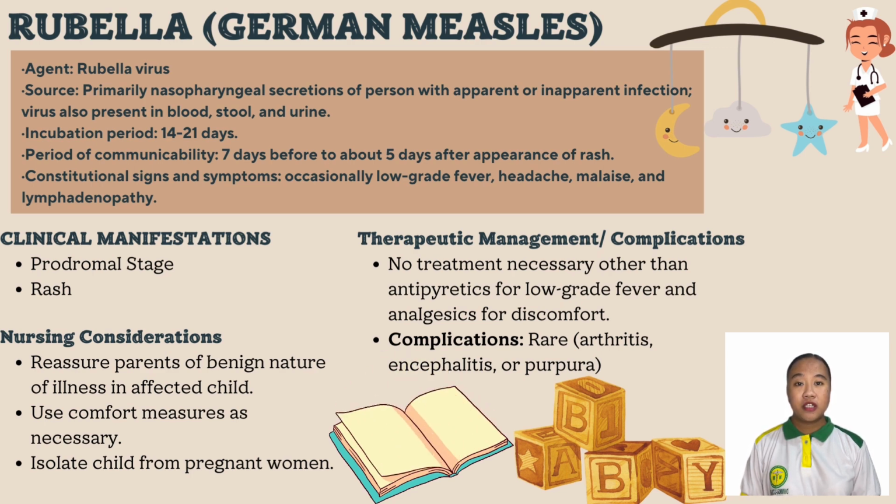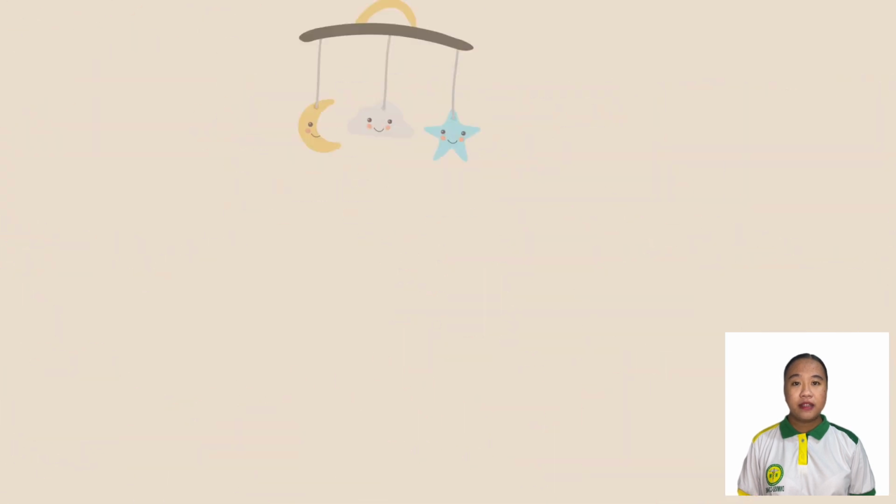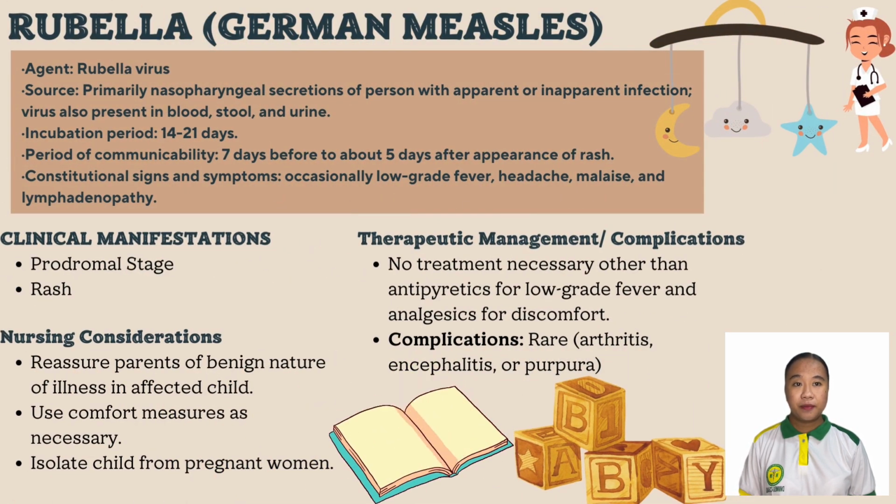This infection may cause mild or no symptoms in most people. However, it can cause serious problems for unborn babies whose mothers become infected during pregnancy. Rubella isn't the same as measles, but the two illnesses share some signs and symptoms such as the red rash. Rubella is caused by a different virus than measles, and rubella isn't as infectious or as severe as measles. The measles, mumps, rubella, or MMR vaccine, is safe and highly effective in preventing rubella. The vaccine provides lifelong protection against rubella.